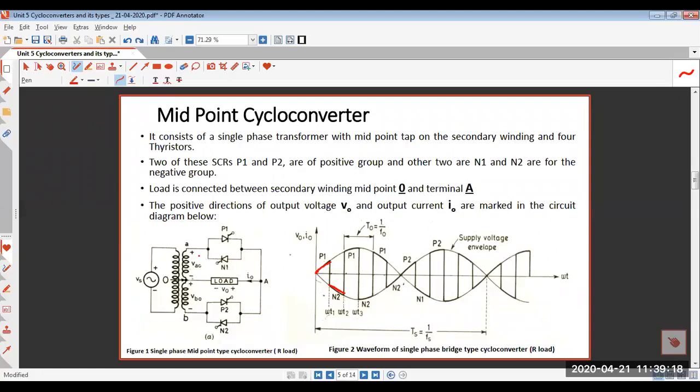अब लेट अस सी, आपने P1 को पहले ट्रिगर किया, पॉजिटिव हाफ साइकिल थी, A पॉजिटिव है, B नेगेटिव है पॉजिटिव हाफ साइकिल के लिए. P1 फॉरवर्ड बायस है इस पेयर से, N2 फॉरवर्ड बायस है लोअर पेयर से, राइट. ओके,